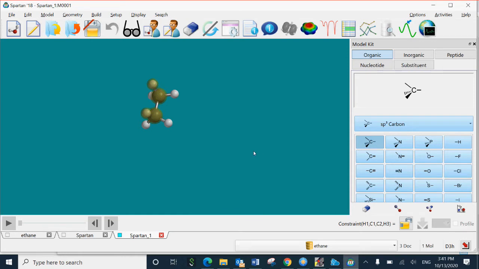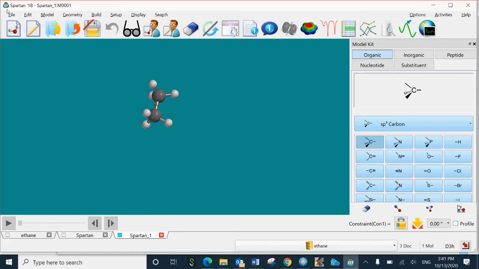And then to constrain it, you need to lock it. You can see on the right bottom corner there is a lock icon. You click on the lock, so it's locked now. So this is constrained.